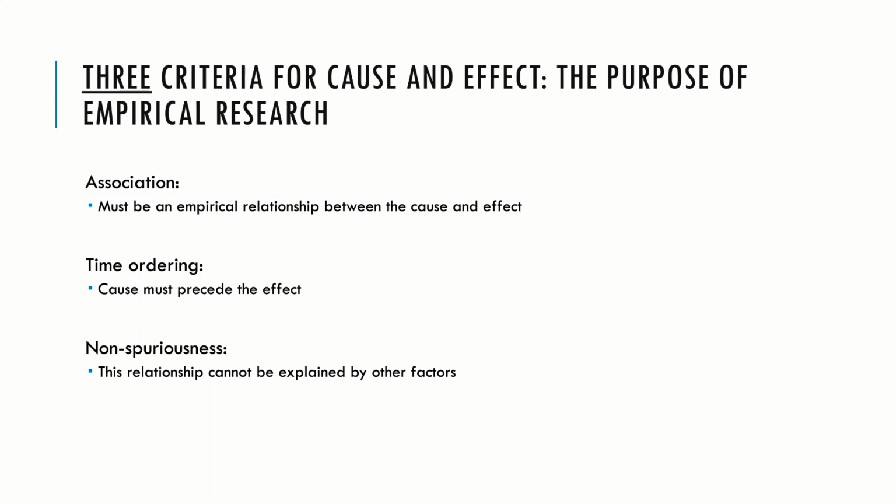So when we're trying to deal with spuriousness, we're trying to find non-spuriousness. That means we have to throw in a third, a fourth, a fifth, a 16th variable. Once you've thrown in all of those potential alternative causes, and you still find that X is strongly related to Y, then there's enough evidence in place that you can say there's a strong belief that X causes Y, because you've accounted for all of the other things that could also cause Y. So that's as close as we can get to experimental designs: accounting for all those things that could explain.